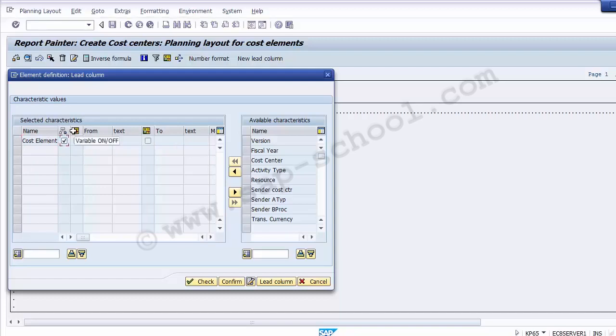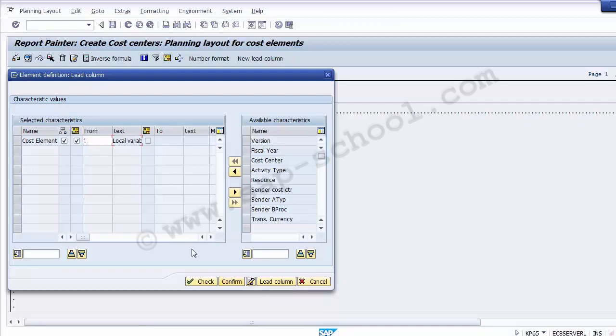Second, you need to go to variable on and off. So we need to select the variable over here. Once we have selected the variable, you will find from the list of options that there is one option which has been taken. That is what you need to take here. So once you have moved the cost element from right to left, selected the hierarchy, and then the variable on off, the one that will be there is the local variable. And now we can move to